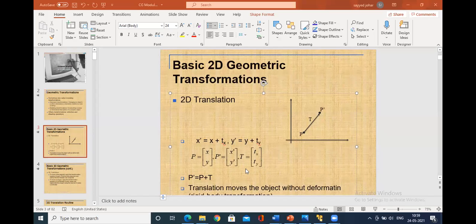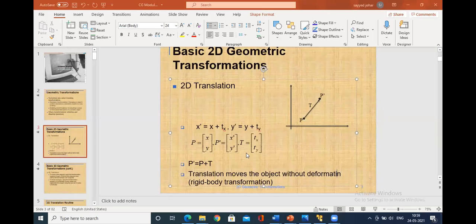Clear? So overall, I could write P dash equals P plus T, where P is the column X, Y, P dash is X dash, Y dash, and T is Tx, Ty.